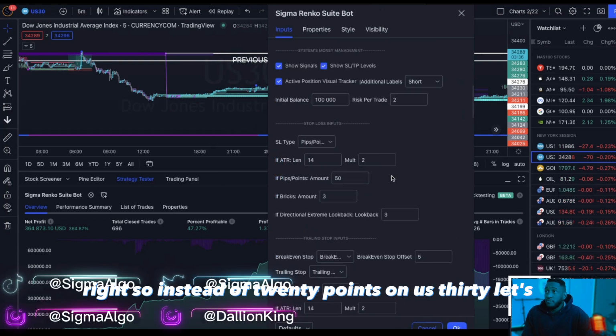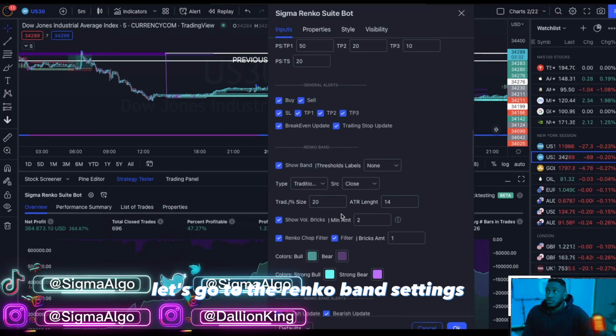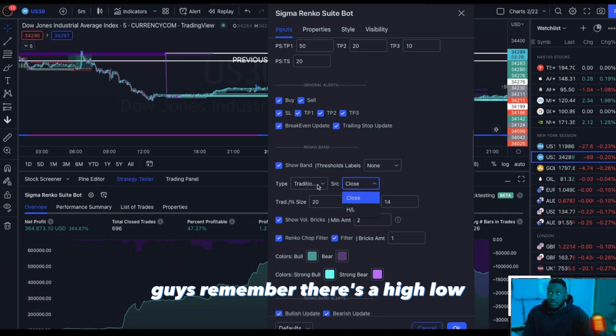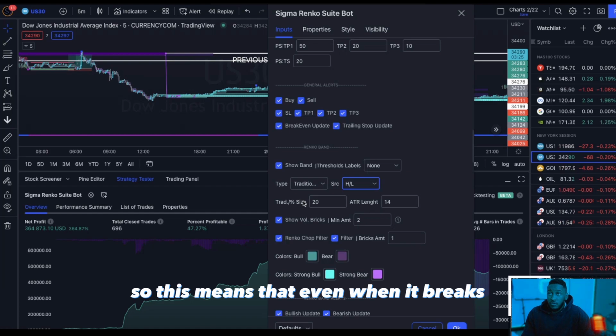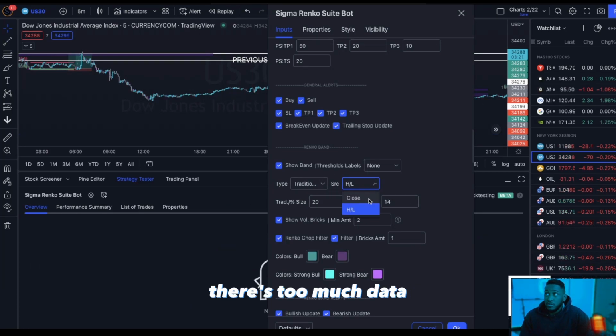So instead of 20 points on US 30, let's go to the Renko band settings. If we're still going to go with traditional, and even this, guys, remember, there's a high low, then there's the close of the brick. So this means that even when it breaks a new high and stuff like that, there's too much data. So with the close of the brick,